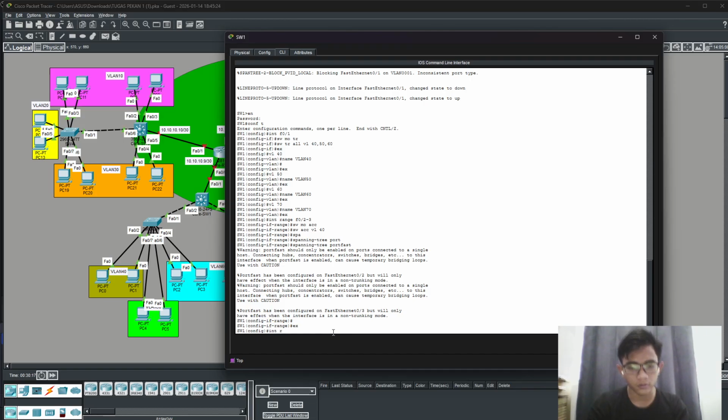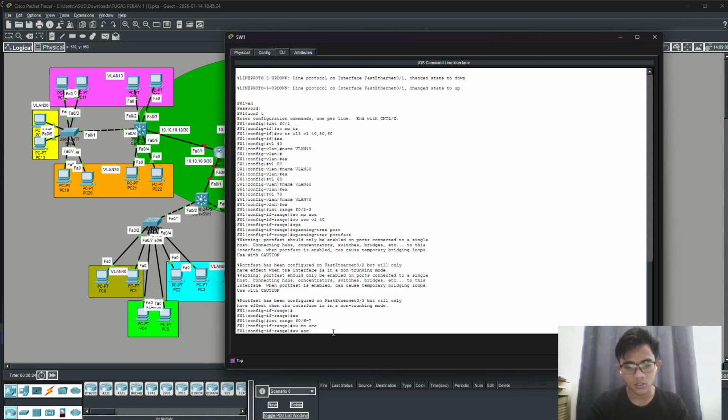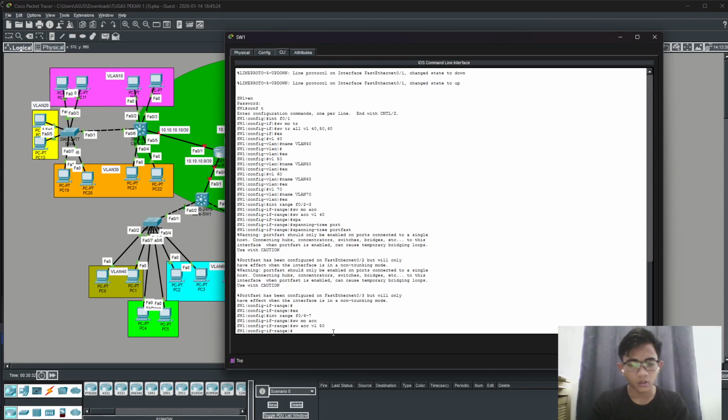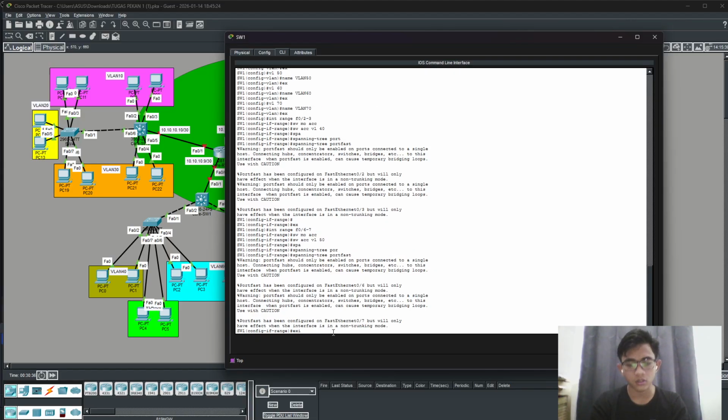So interface range F0/6 until 7. Switchport mode access, switchport access VLAN 50, I'm sorry, 50, and spanning-tree portfast. Okay, exit.